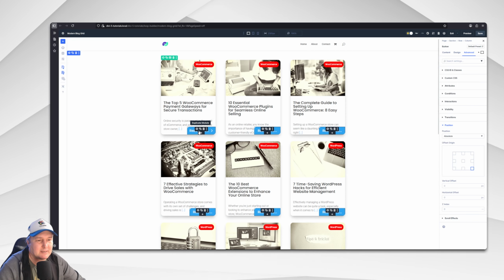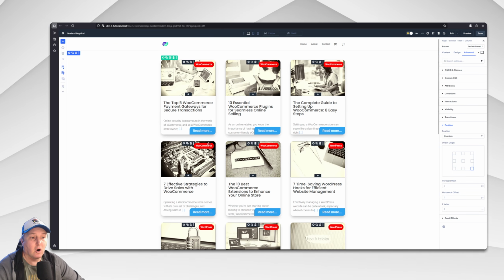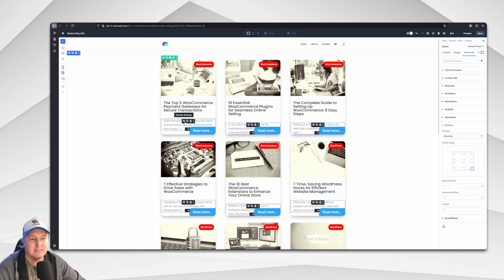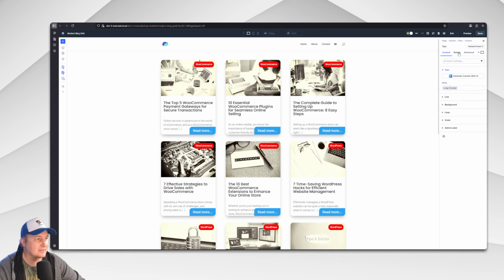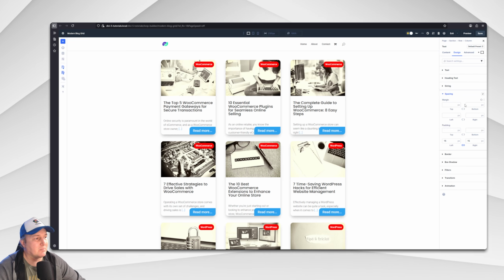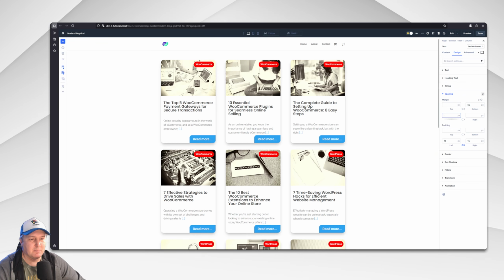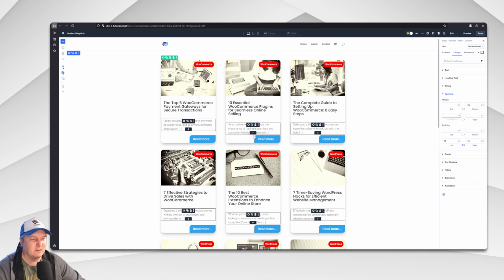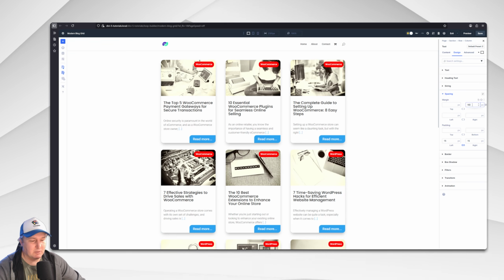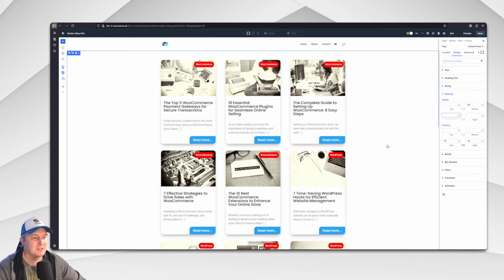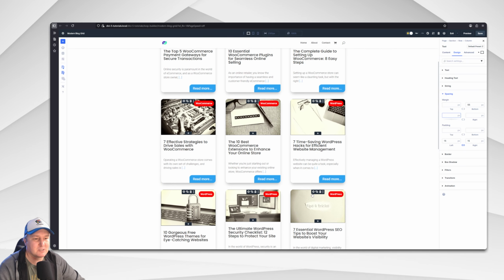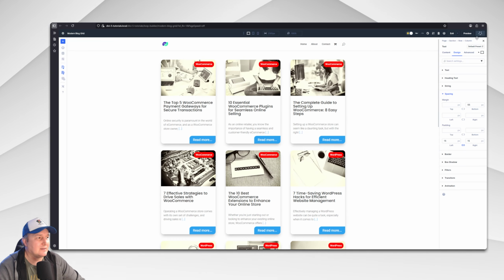We've got this button, because it's got an absolute position, overlapping the other modules. So that's easy to fix. We just go on that excerpt text, we go to design, and then we just give it a little bit of margin at the bottom. Let's say 50 pixels should do it. And if you feel like that's still a little bit too tight, maybe you want to do it at 55 pixels. And now it's got a decent amount of breathing space, and we have a layout that's pretty much ready